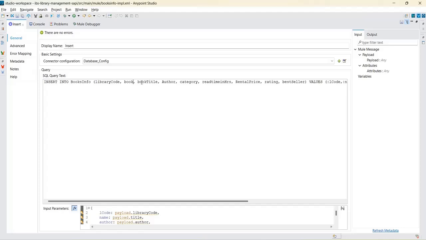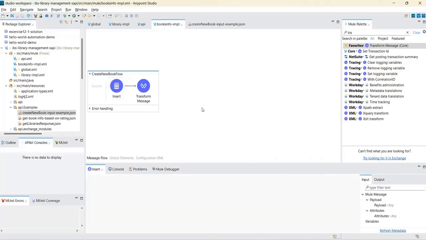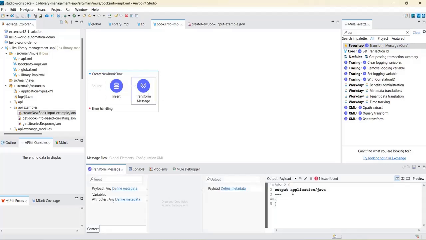You can just delete this field name. It should generate automatically, right? So in this case once we insert this data, book code will not insert. We need to do it separately, but for now